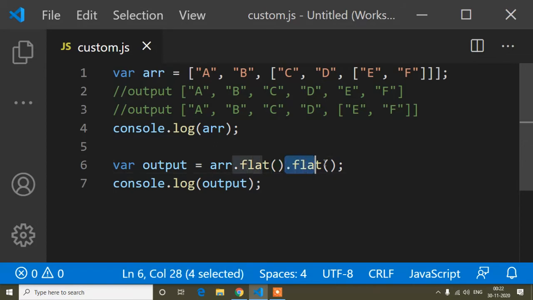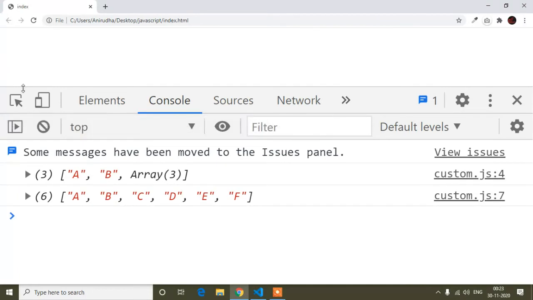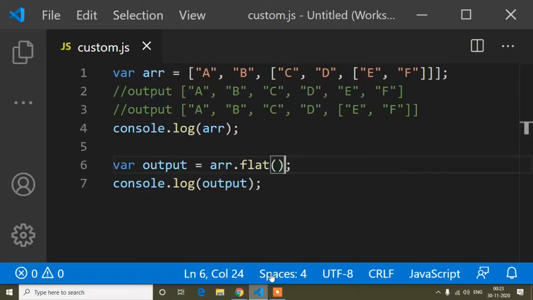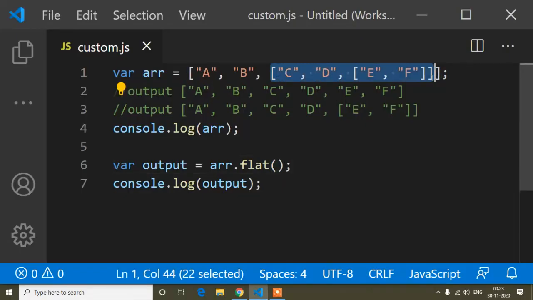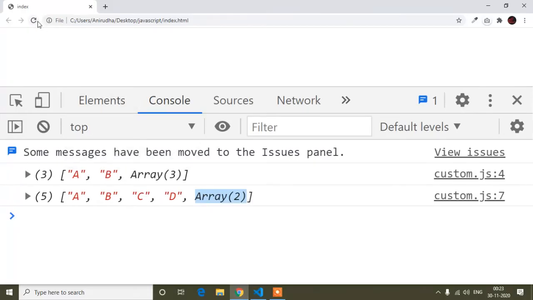Again I will show you, if I remove one flat method, let's see what happens here. You can see a, b, c, d come in a single array, but there is still an array inside, because there are two sub arrays and I used one flat method, so one sub array remains. If I use two flat methods here, it will create a single array.